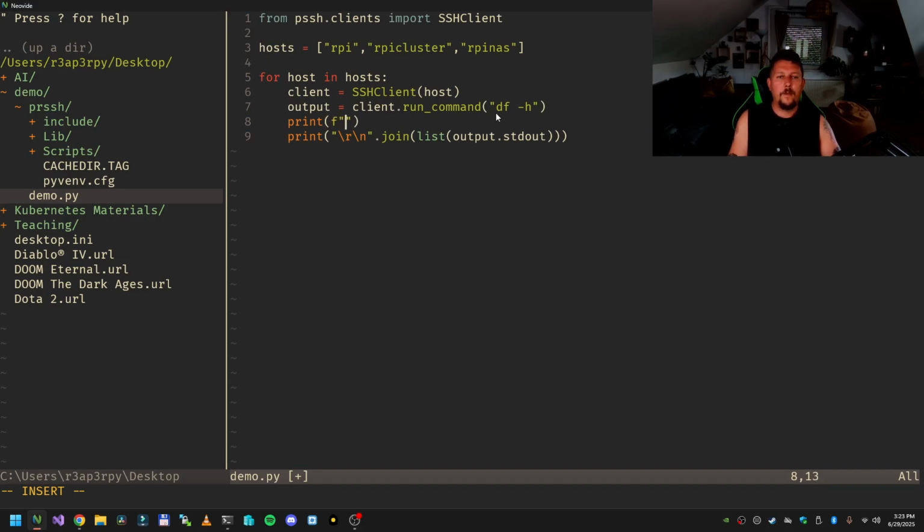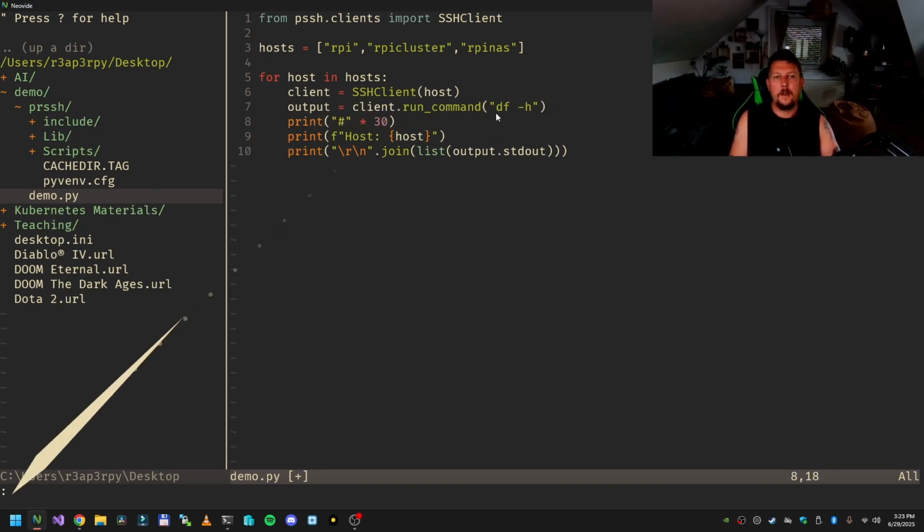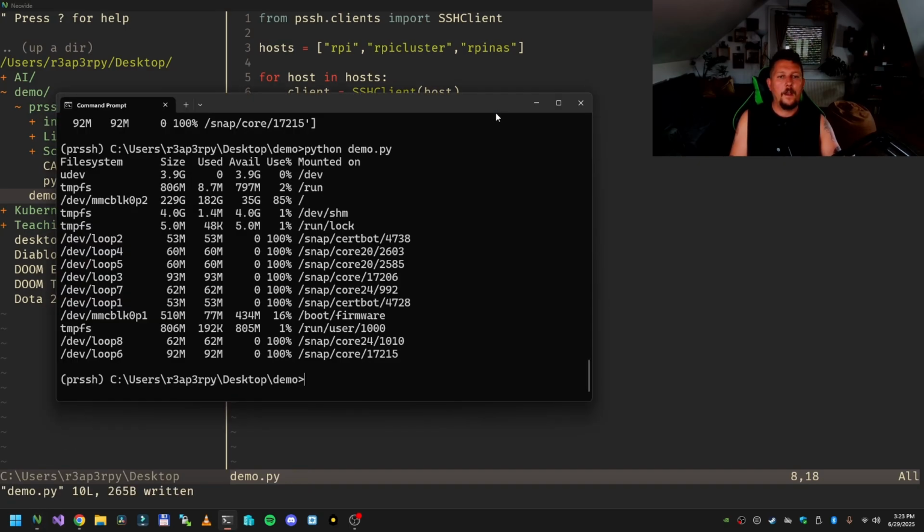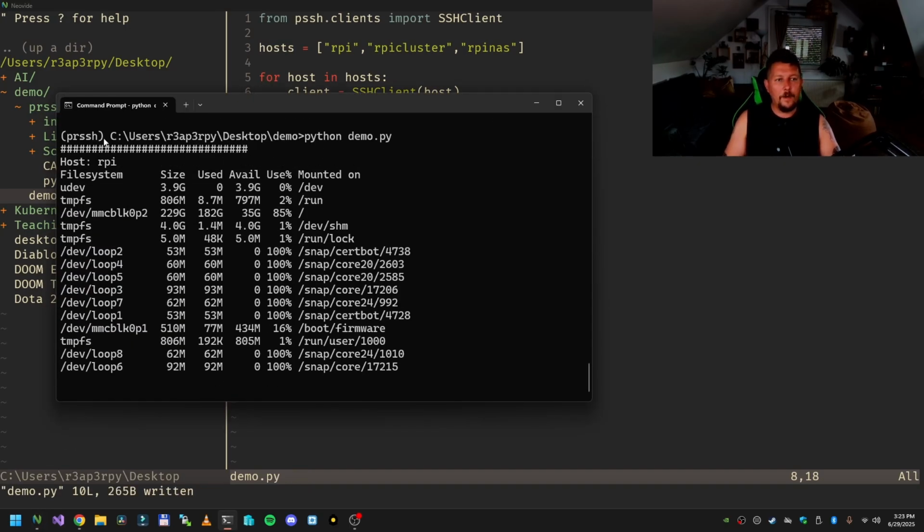So f-string host, and then we use the hashtag 30 times. And if we run the demo, you can see the host, the output from the RPi,